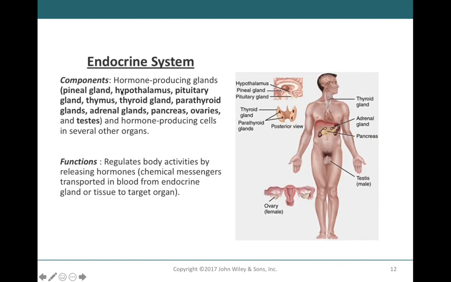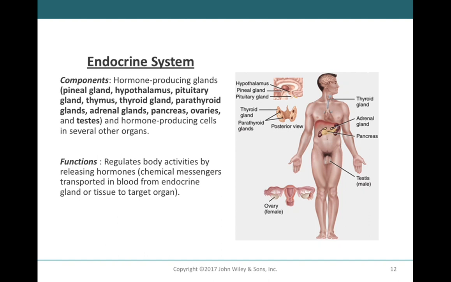The endocrine system is another system that you'll have included within Anatomy and Physiology 2, but I would like you to know the components of the endocrine system and the functions. One thing that you will learn about my classes is that I'm going to test you upon the information that is shown within my PowerPoint slides. So you can feel comfortable knowing that the information that's going to be on your test is coming from these slides. They might not be word for word, but they are going to be essentially representing the concepts